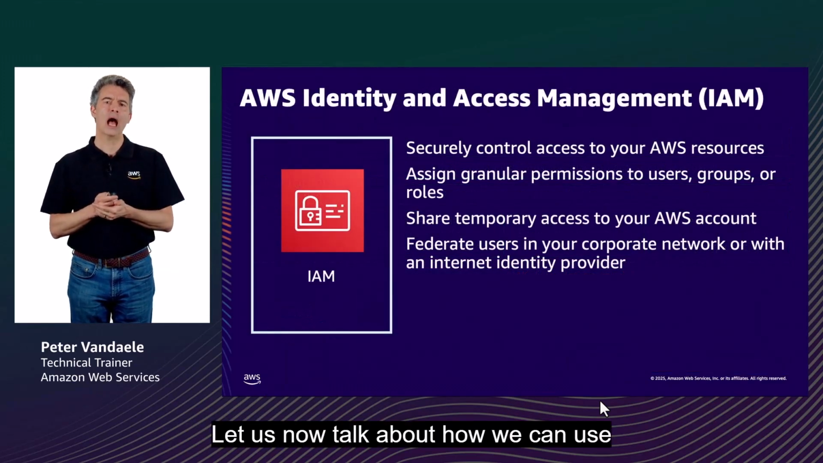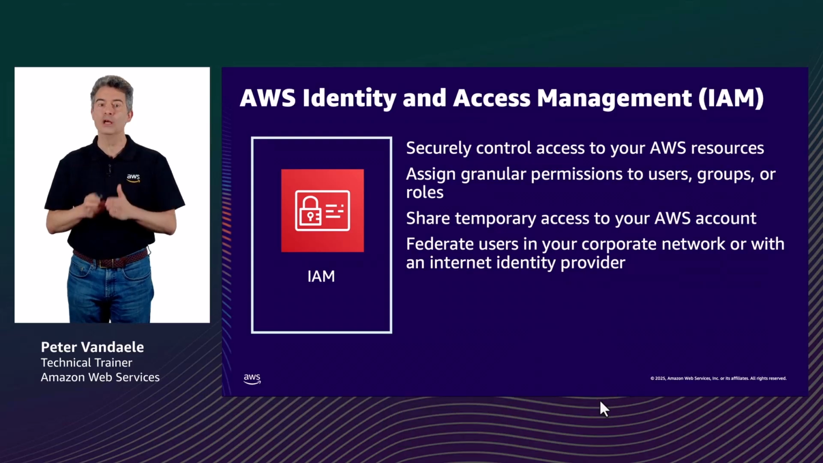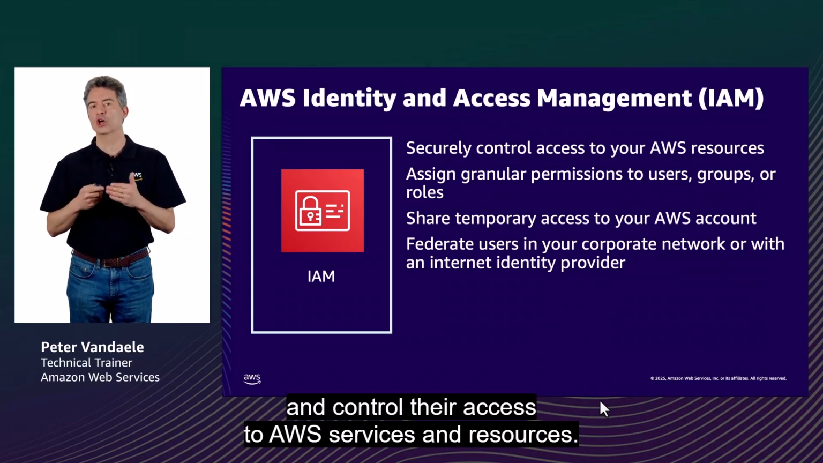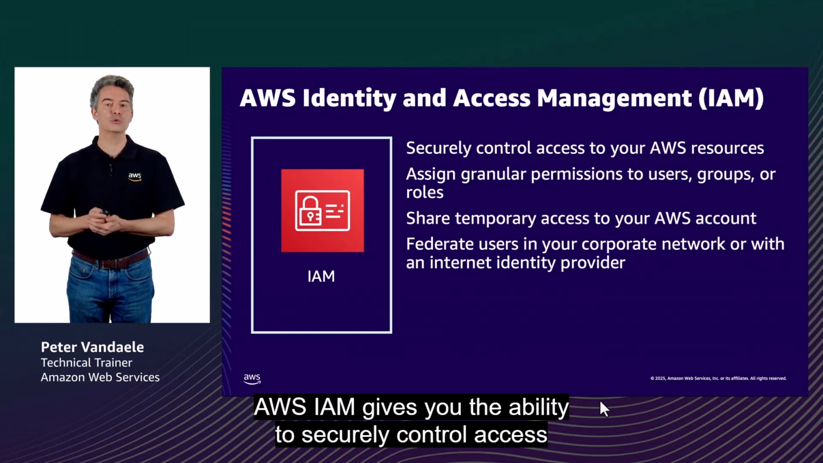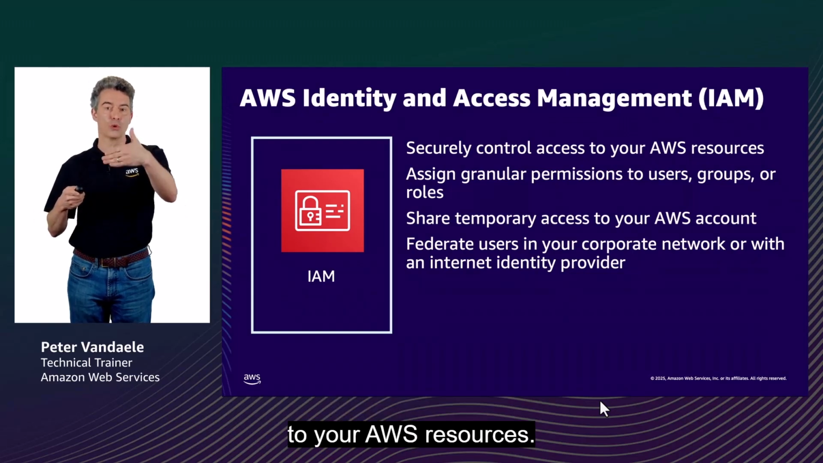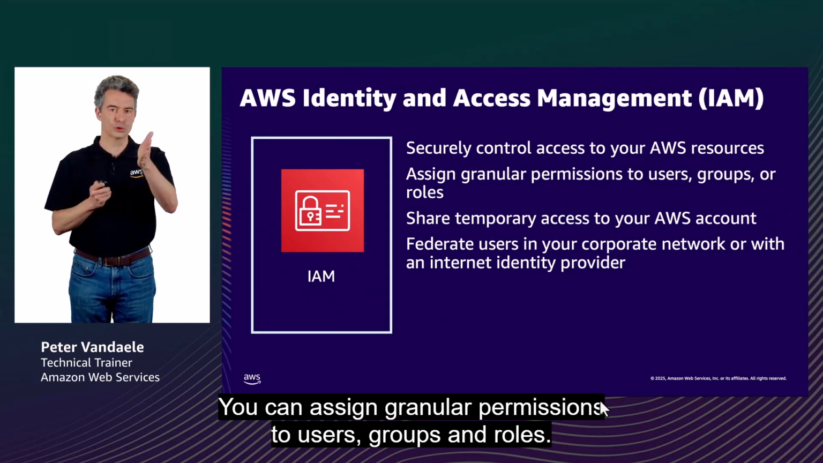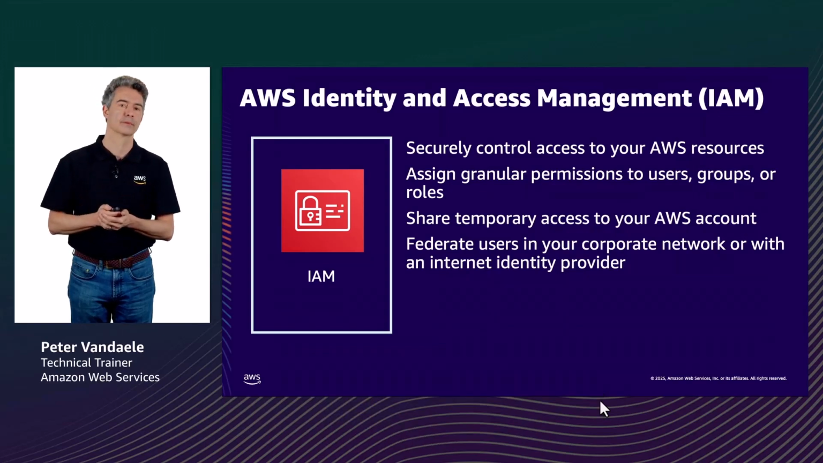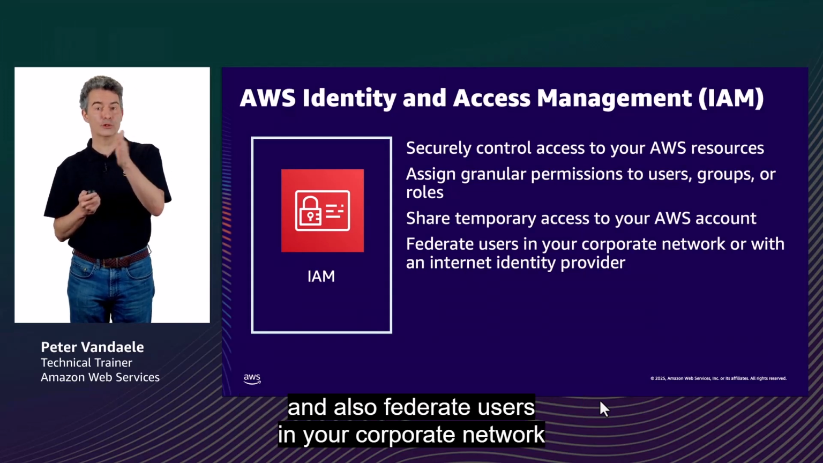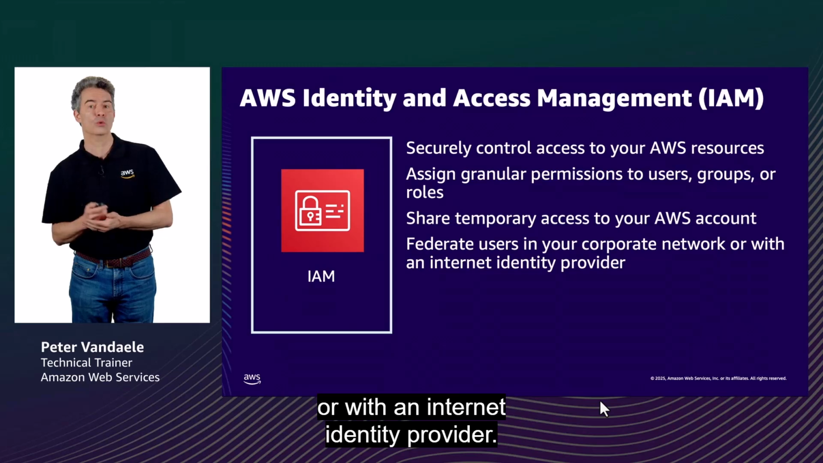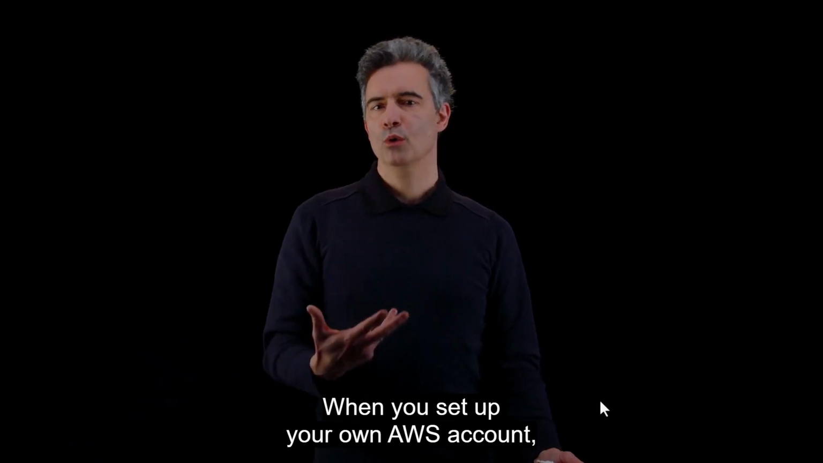Let us now talk about how we can use AWS Identity and Access Management, or IAM, to authenticate users and control their access to AWS services and resources. AWS IAM gives you the ability to securely control access to your AWS resources. You can assign granular permissions to users, groups, and roles. You can share temporary access to your AWS account and also federate users in your corporate network or with an internet identity provider. When you set up your own AWS account,